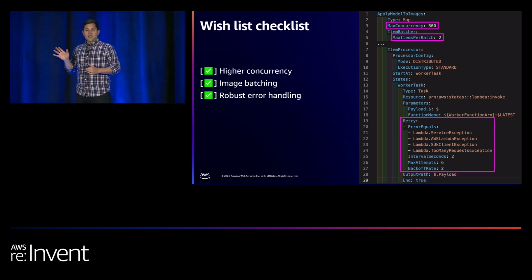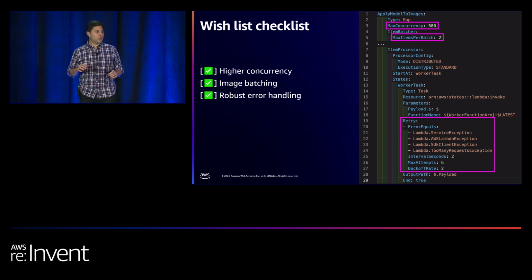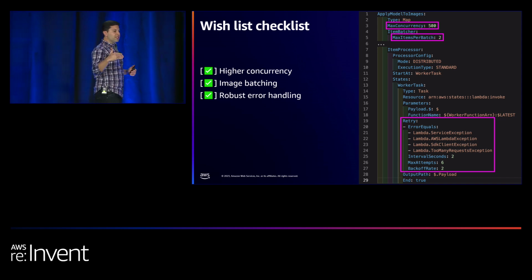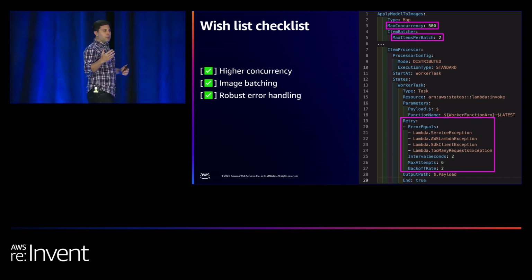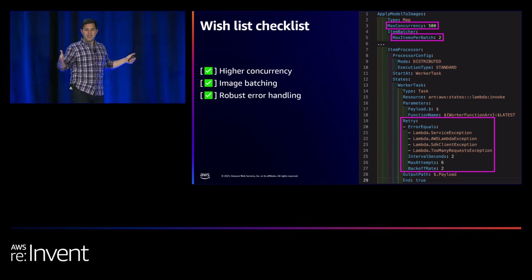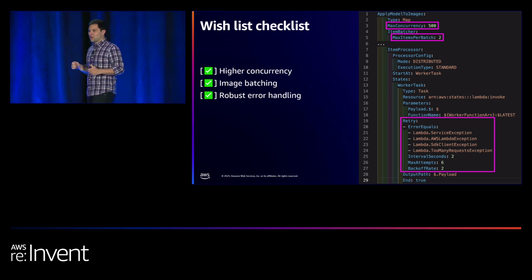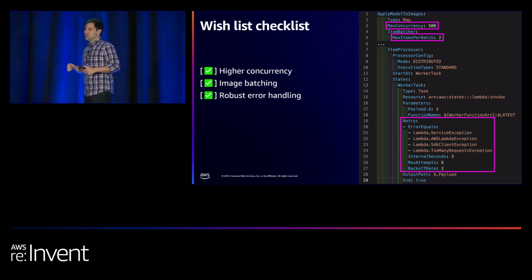We got a lot out of the box with Step Functions that we would have had to build otherwise. If you look at the sections of the YAML highlighted in purple boxes, the first is the max concurrency configuration value for a distributed map. That's how many child workflows, but in our case, how many Lambdas will process in parallel. If we wanted to test different concurrency values while tweaking our throughput, we just configured that, checked in a 3-character code change, sometimes a 1-character code change, ran it, and